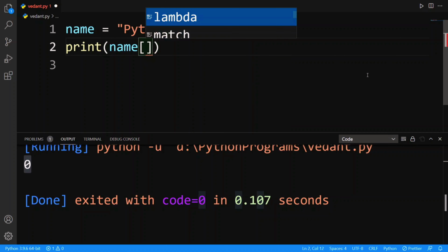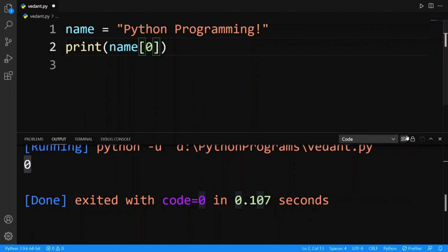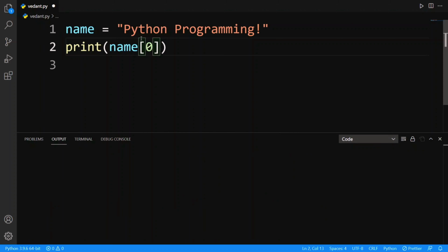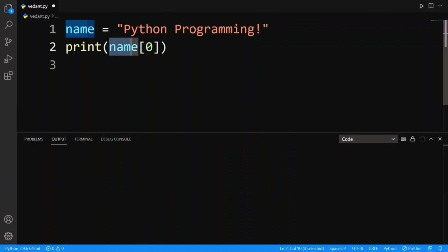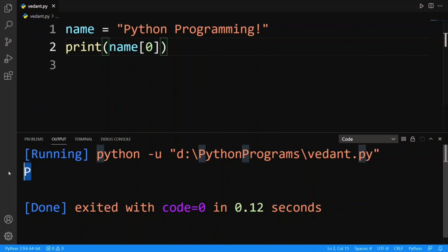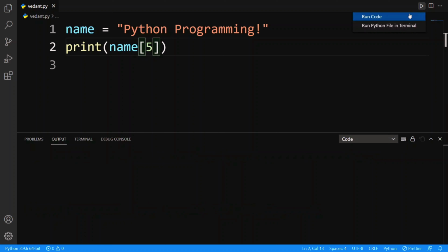So back to our point, if I pass 0 in the square brackets after name, we can access the name's first character. 0 stands for the first index in programming. Let's run it. So we get this p here, because p is the 0th index. If I print 5, then we get n here.